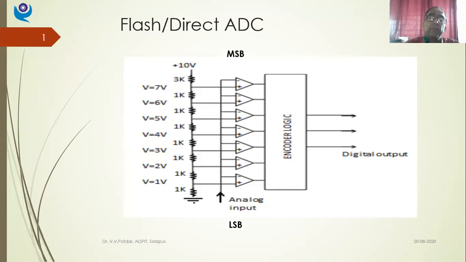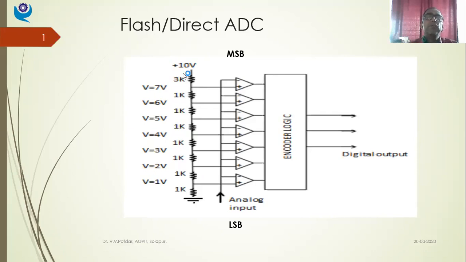Here we have a number of operational amplifiers, op-amps, and we have a reference voltage that is supplied. The non-inverting input terminals of the op-amps, all positives, are connected to what is called the resistance ladder. Remember, our objective is to convert an analog signal into a digital signal, right?